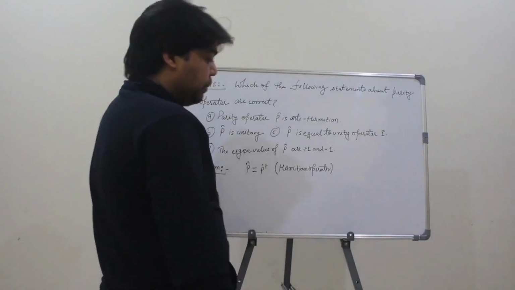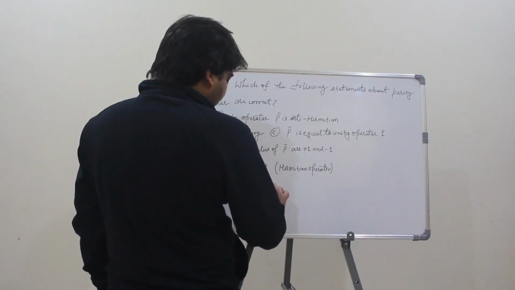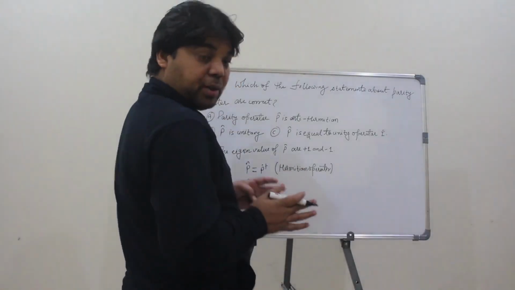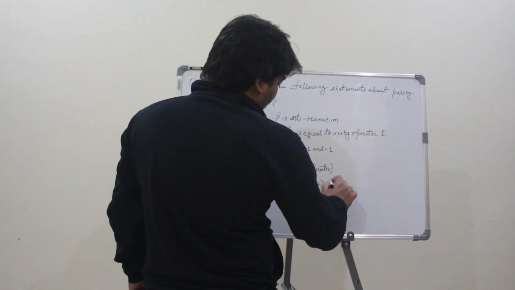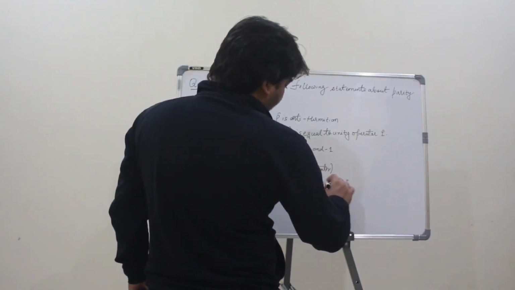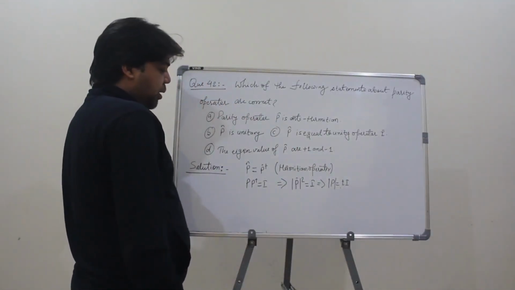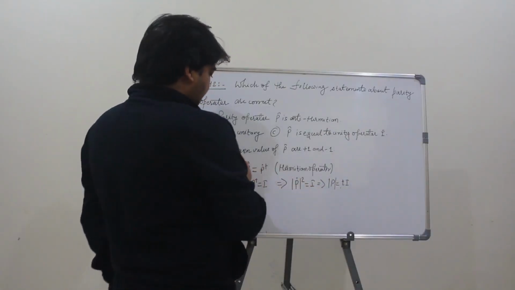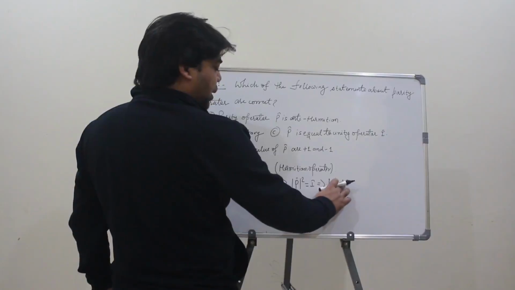Now, P cap is unitary. It means that P dagger P is I, so it has unit value. It means that mod P square equals I, which gives you P as plus or minus 1. It has two values. So it means that it is equal to the unity operator, and its eigenvalues are